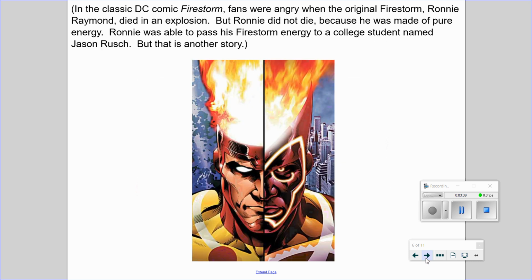I do think it is time for a fun aside. In the classic DC comic book series Firestorm, fans were angry when the original Firestorm, Ronnie Raymond, died in an explosion. But Ronnie did not die because he was made of pure energy. Ronnie was able to pass his Firestorm energy to a college student named Jason Rush. But that's another story, and maybe I'll test you guys to see if you were listening to this part of the video and you can tell me about the two firestorms. Anyways,